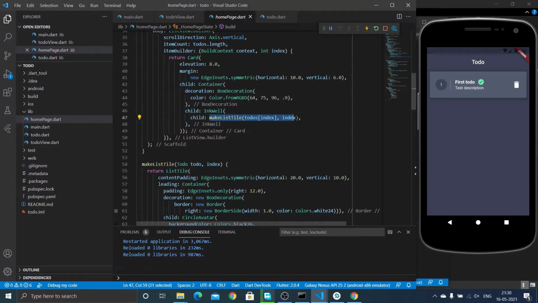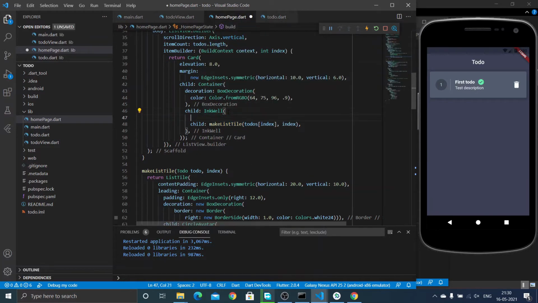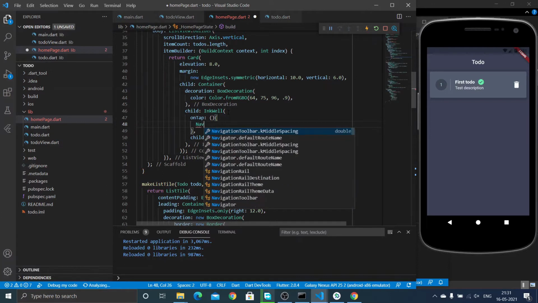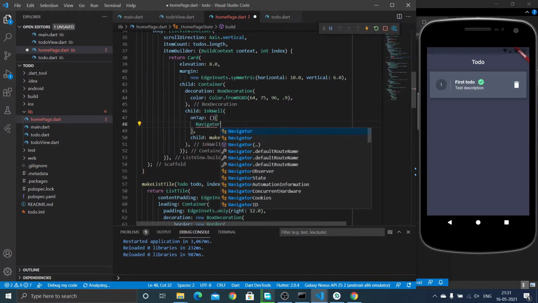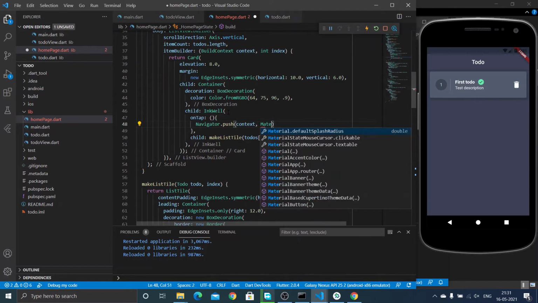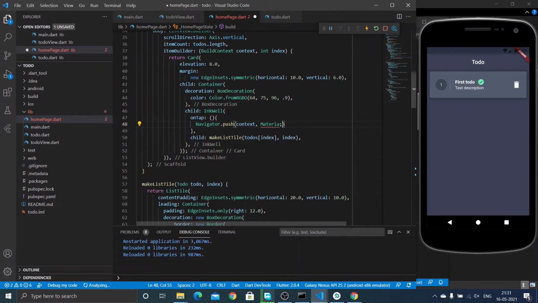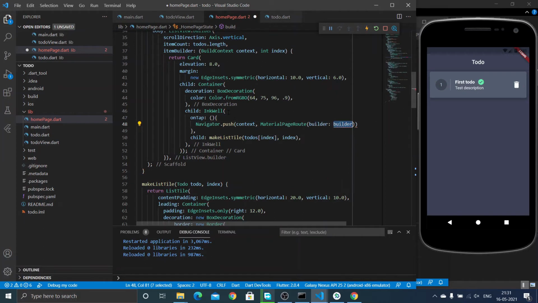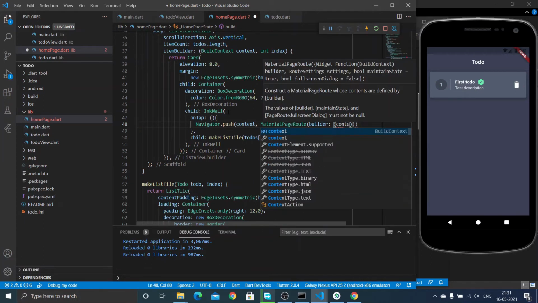Okay, so you can see the list tile we created in our last part. I am going to give an on tap property to that tile. So each tile that comes on the screen will have an on tap property, and if we click on that tile we will be redirected to the next page. So we can use the Navigator.push. This method is used to route to a new page. So I'm going to give the route details, so we can be routed to that page when we click the tile. So this is the code for routing from one page to another.